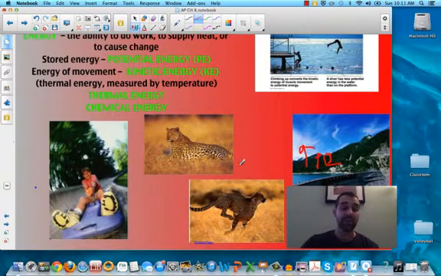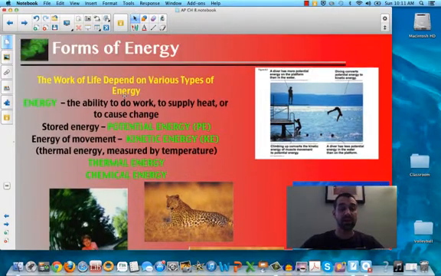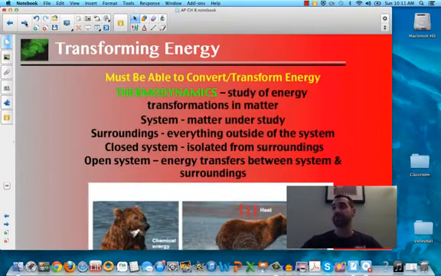Okay, you can also think about a car sitting still. You know that you have stored potential energy because you put gas into the vehicle. So the gas sitting there in the garage or at rest has stored potential energy in the chemical bonds of the gas that's in the gas tank. You turn the ignition switch, which means you put a little bit of energy in there. You cause a release of stored potential energy, and our engine converts that into the kinetic energy of motion. Okay, so this is where we're going here with different forms of energy.